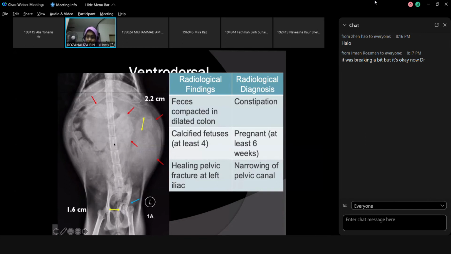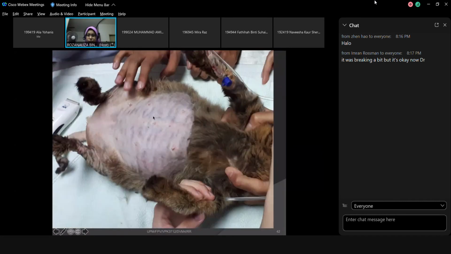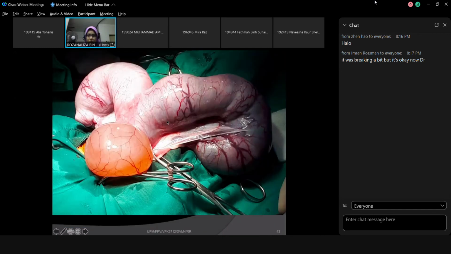Not only do you have to deal with the fetuses, you also have to deal with the feces. So this is the cat. It's so compacted and straining to actually try to give birth, so we quickly go into the surgery. Okay, this is the uterus, and